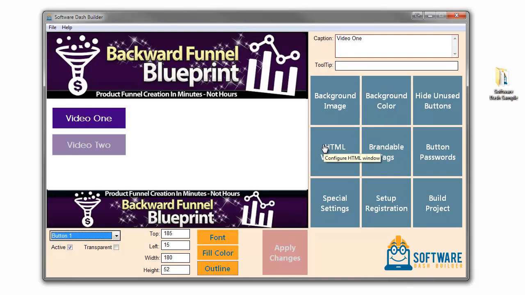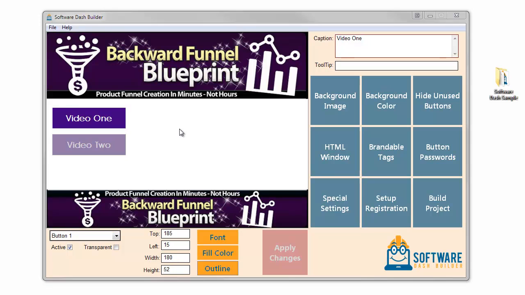Now, this, like I said, for me to go over every single thing about the software builder would probably take just a little over an hour itself. But this tool right here is how you're able to replicate my business, how you're able to create software dashboards for the offline market, as an affiliate marketer, as a product creator, on and on and on. Okay? I hope everybody really understands the power of this product. All right, so that's an overview of what the Software Builder Pro is really about. Okay, that's the meat of this whole thing.